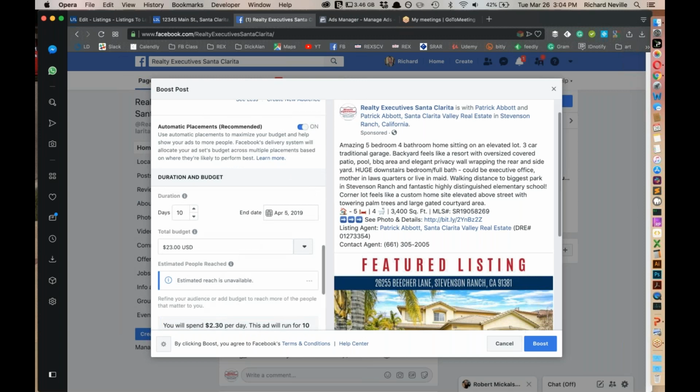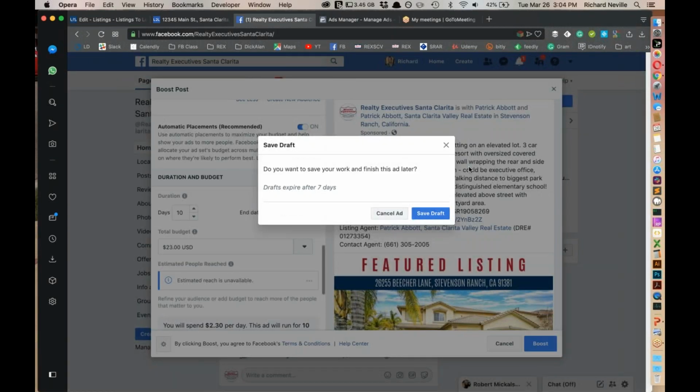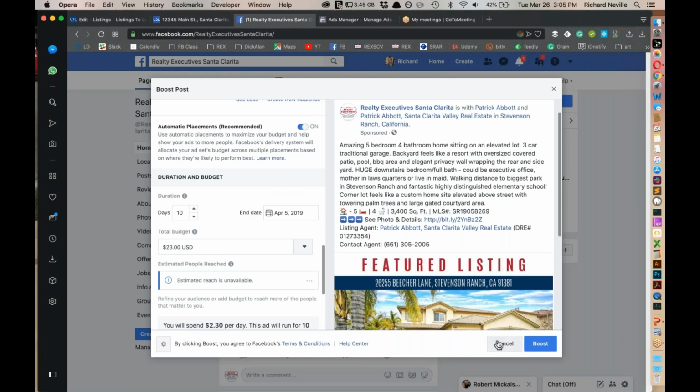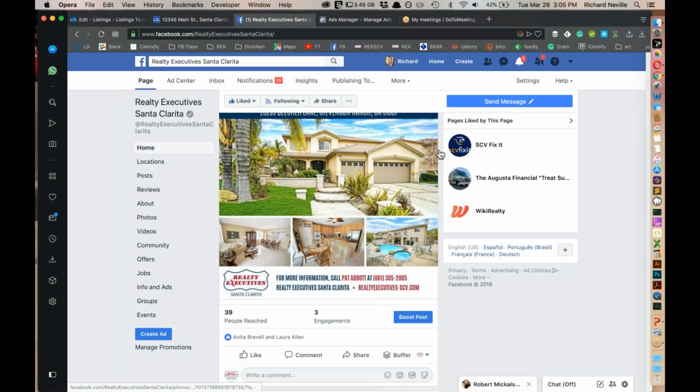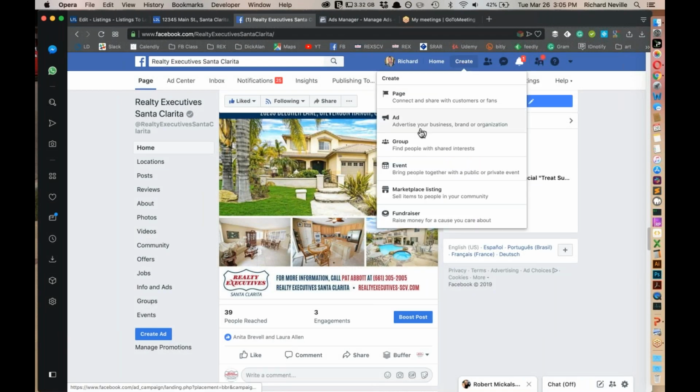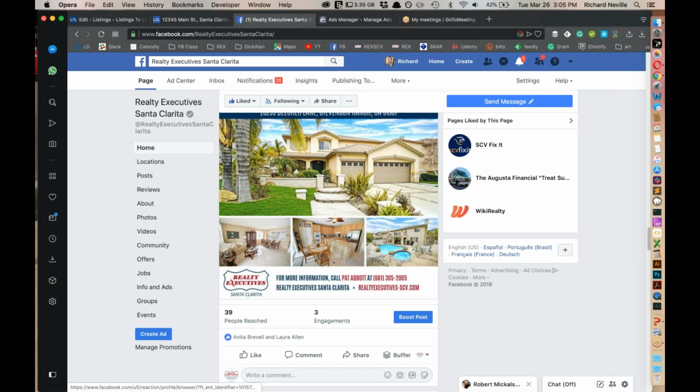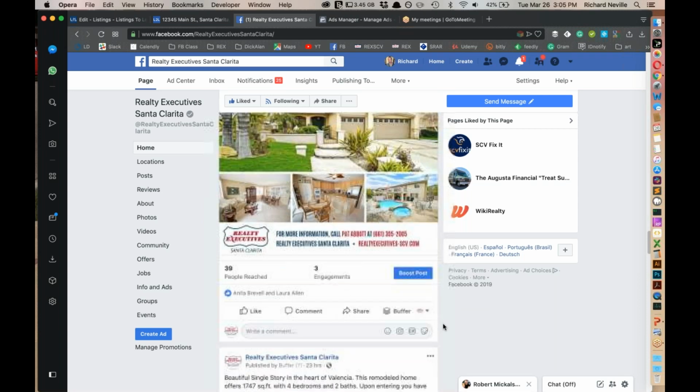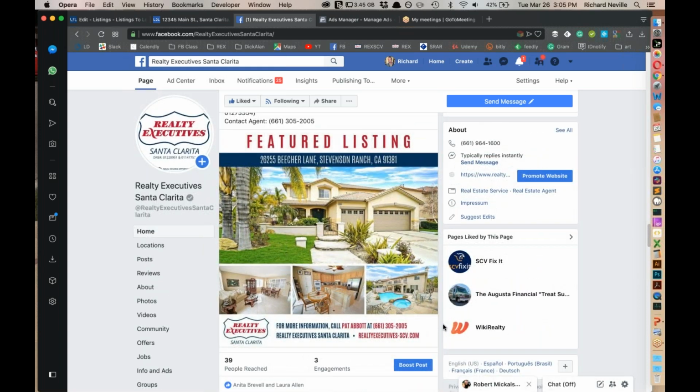So then you just set your budget, hit post or boost, and now you're running your ad in a matter of seconds rather than having to go through this whole process. Initially, you're going to have to set that audience, of course, but instead of starting here, going to ad, doing all that stuff, and copy and pasting the link and putting it in, if you've already posted it out, you can just hit that boost post and start to use those custom or saved audiences